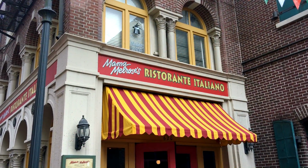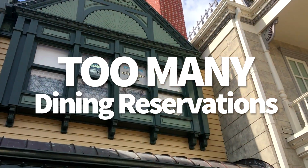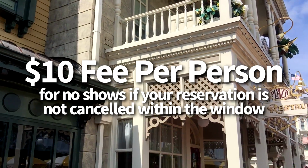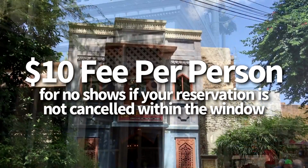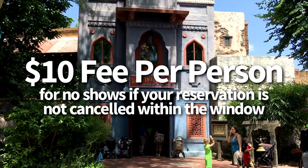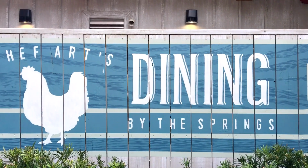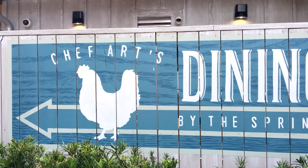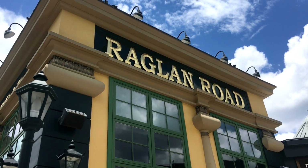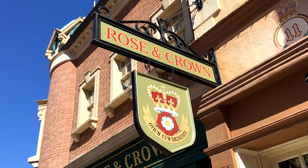Okay, the next mistake you don't want to make, we'll talk about a little bit of dining here, is making too many dining reservations. Don't forget that Disney dining reservations right now will cost you $10 per person for broken reservations or reservations that you don't cancel within 24 hours of your visit. So don't make too many dining reservations, especially if you have babies, toddlers, little ones who are unpredictable in their moods or their habits or their nap times and things like that. So be careful with how many dining reservations you make. Pick those few restaurants that you absolutely have to go to and make those dining reservations. Otherwise, don't